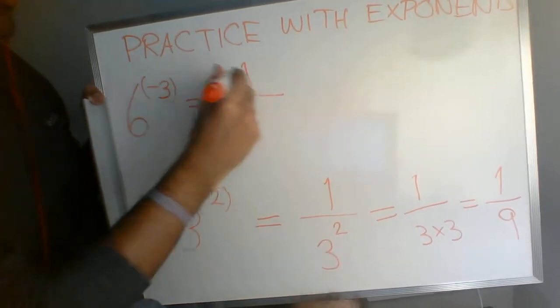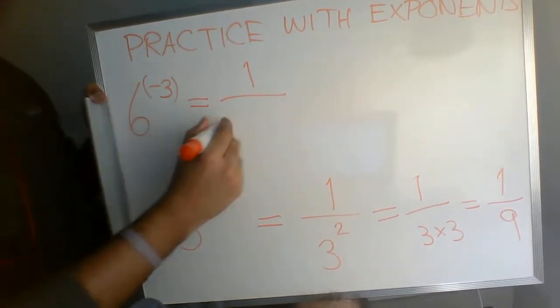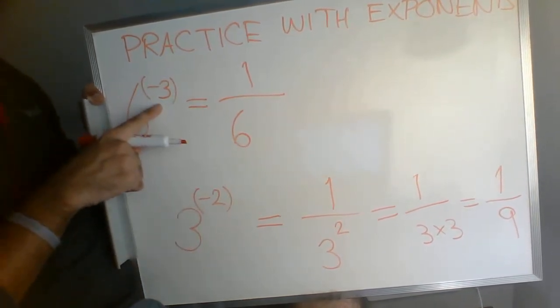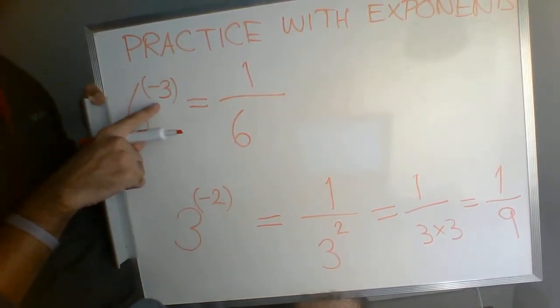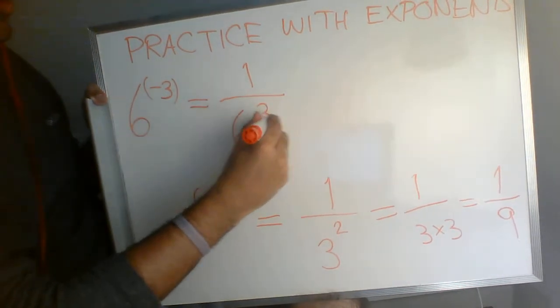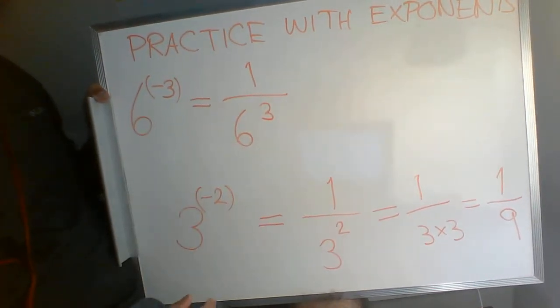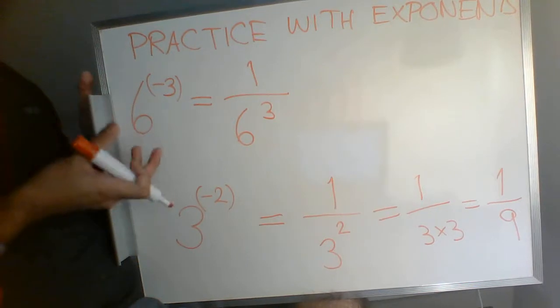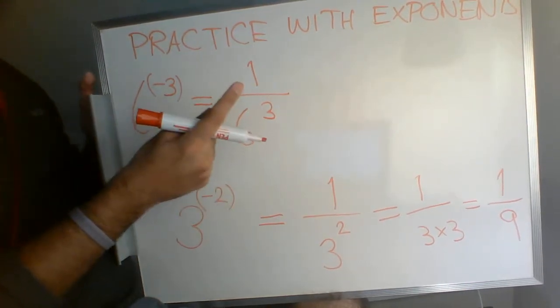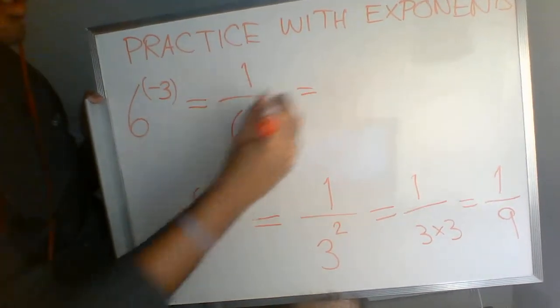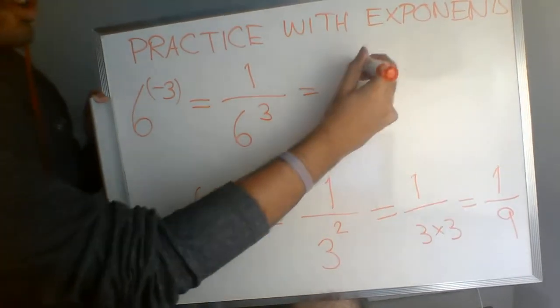So we've got our numerator of 1, and then our denominator, we have the same base, and then for our exponent, we just get rid of that minus sign. So instead of having negative 3, it'll be positive 3. So I've taken the thing I've started with, I've thrown it into the denominator, the numerator is just 1, and now I can go ahead and figure out what that denominator should be